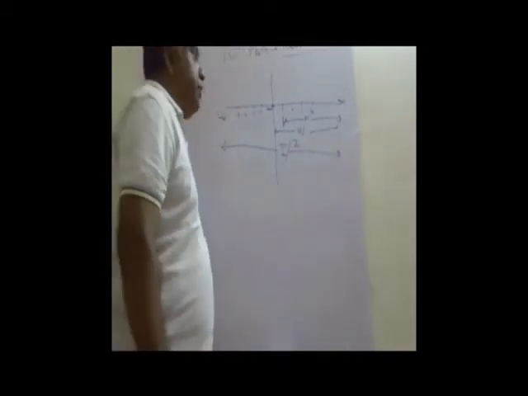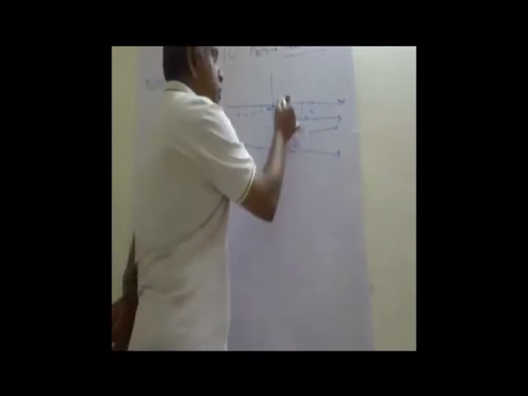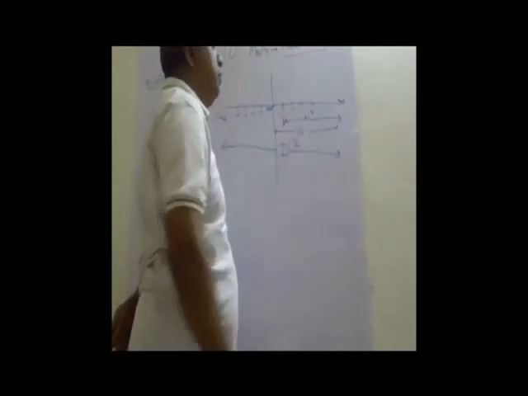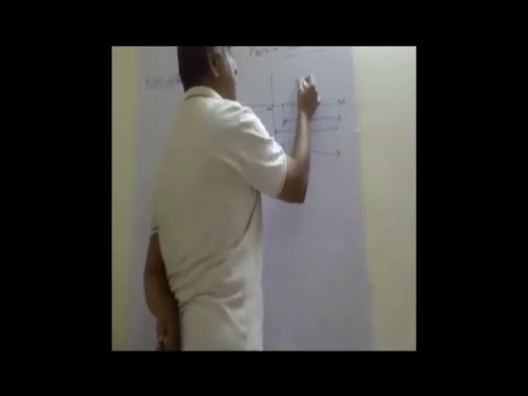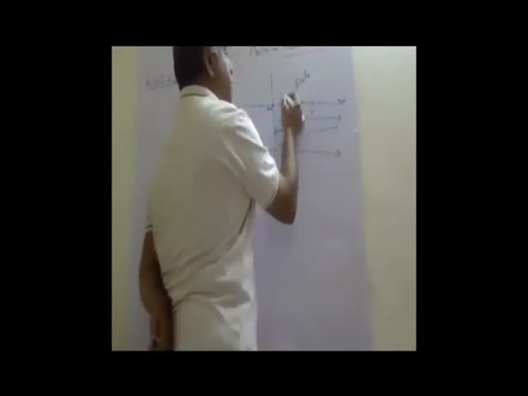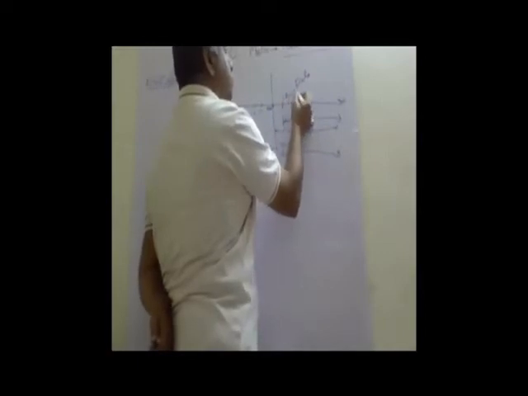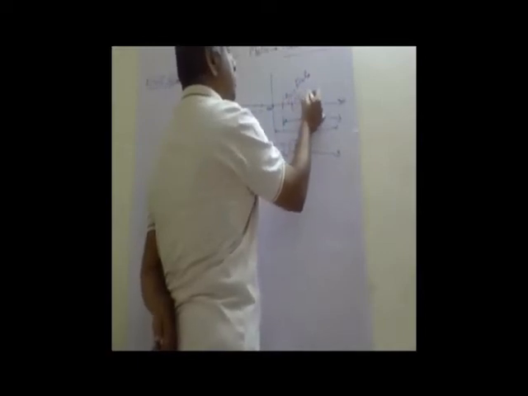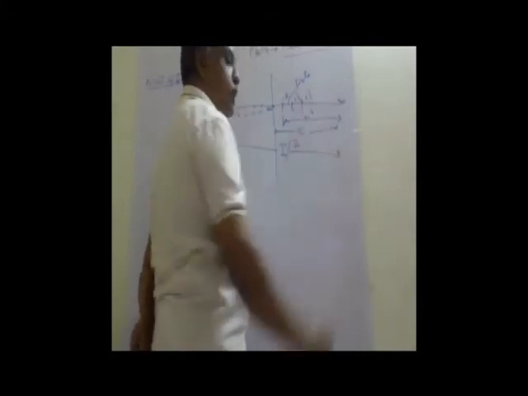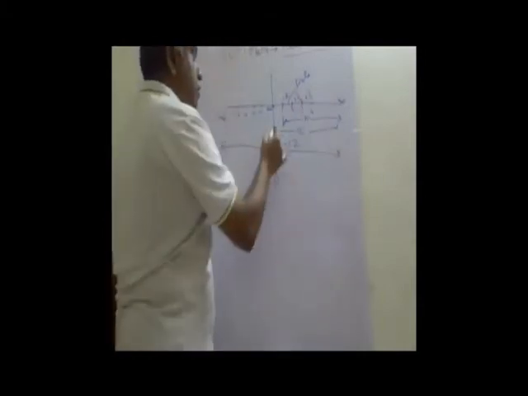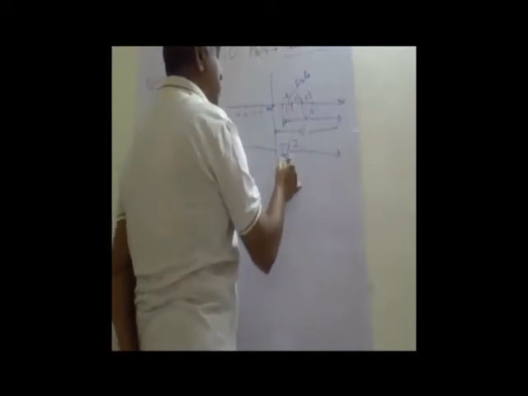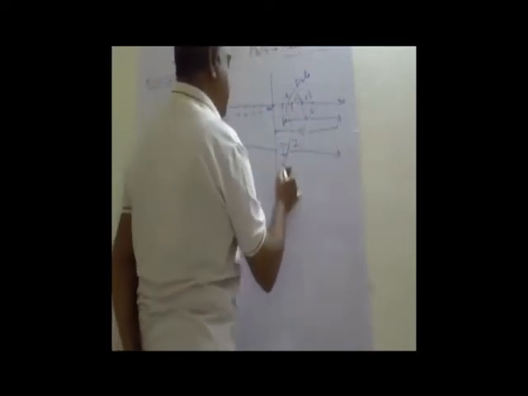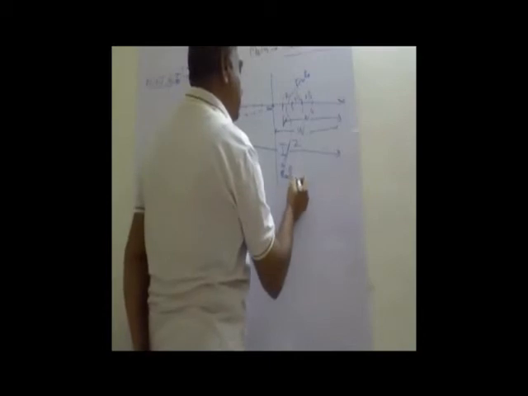Now, there are certain other numbers also. Between 1 and 2, between 2 and 3, there are certain fractions, say 1 1/2, 2 1/2, 3 1/2. When we add these also to our numbers, we have rational numbers.